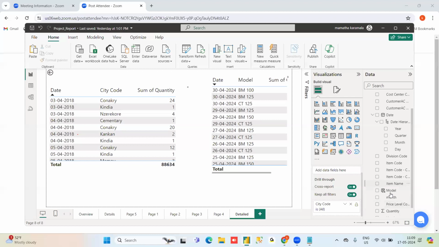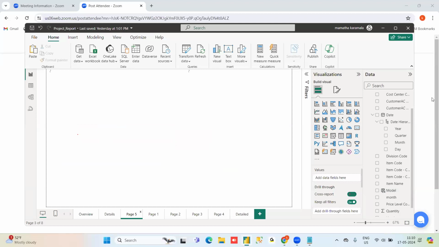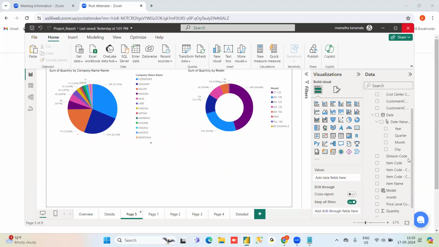This is just page level, in a detailed page I have given. Now, just go to our page 5. Now drill through I have given.